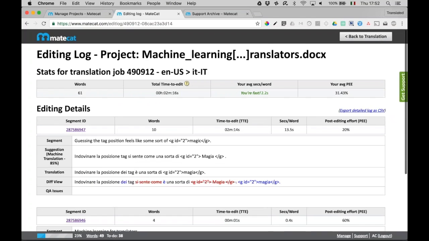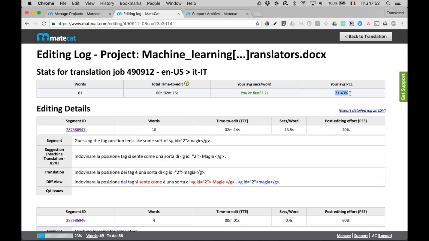And the average post-editing for the entire job is going to be too low. What do we mean by too low? Well, again, it depends on the languages, but let's say that if it's below 25%, it's very likely that your translator didn't pay too much attention to the job and just accepted the matches too easily, let's say.